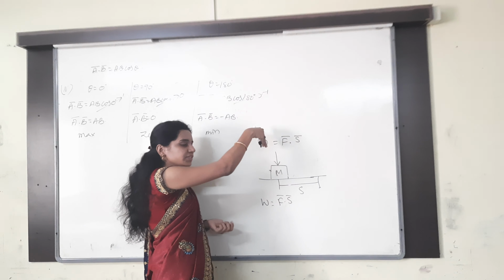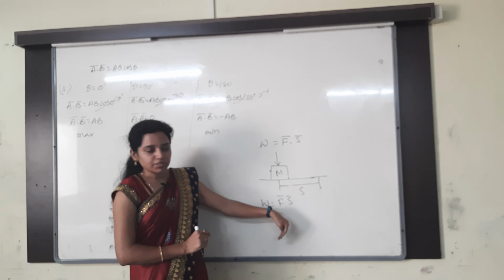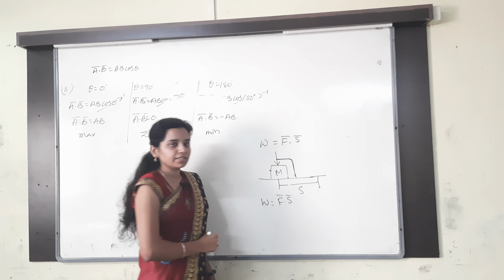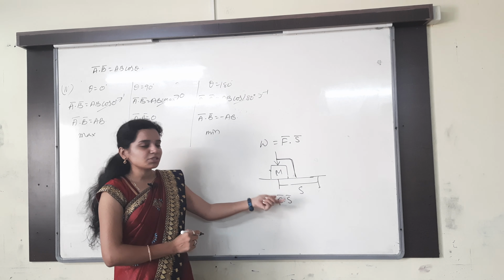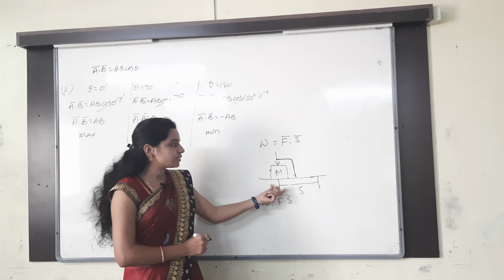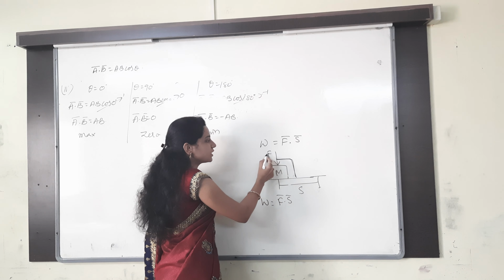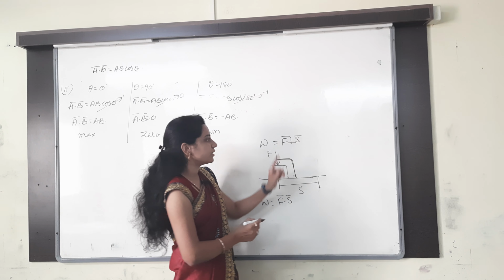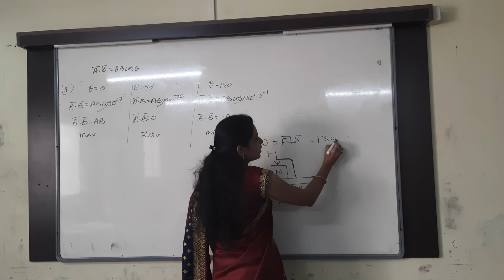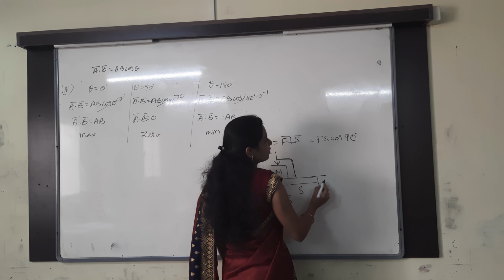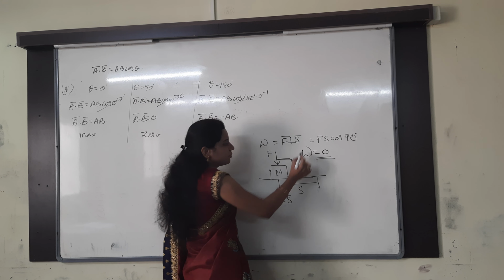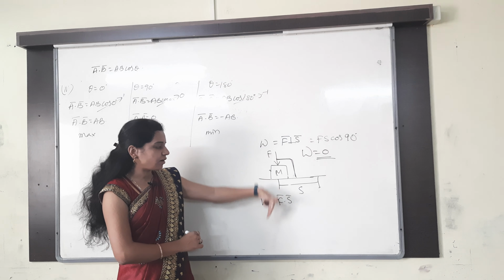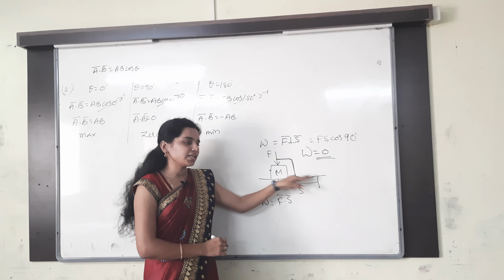But we are applying the force in which direction? From top to down direction. Top to down, nothing but what is the angle between the horizontal and force? 90 degrees. At that 90 degrees, how much displacement are you saying? Zero. Zero is the displacement because force and displacement are perpendicular to each other. Whenever they are perpendicular to each other, I said F dot S, F dot S is nothing but Fs cos theta. Cos, how much angle am I saying now? 90 degrees. Then total work will be how much? Zero. Understand clearly?